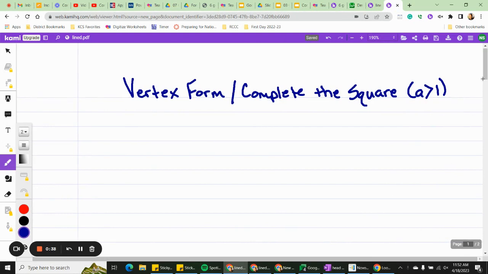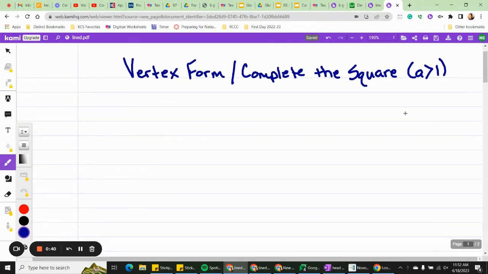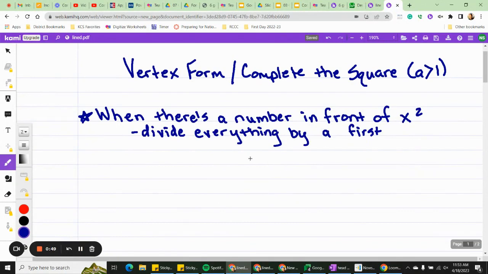All right, so the big idea, the big change today from what we did before is if we have a number in front of x squared, we're going to divide everything by that number first. So let's write down that rule. When there's a number in front of x squared, we're going to divide everything by our a value first. The a value is whatever is in front of x squared. And then before we finish this, we're going to multiply everything by that a value again